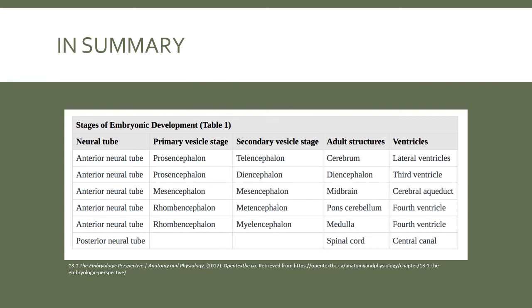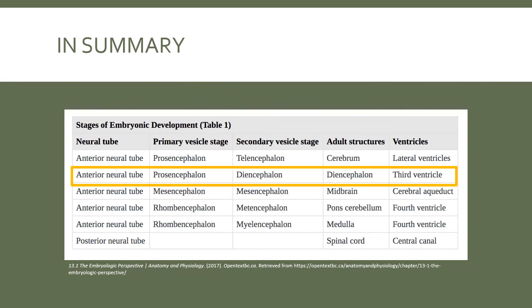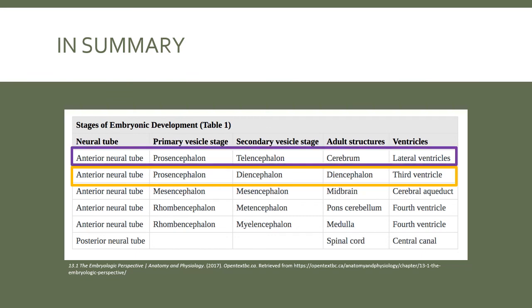So back to our summary table. From the prosencephalon, we get diencephalon, which then remains diencephalon. It's actually the only part of the brain that retains its embryonic name. And then also the third ventricle. And then also from the prosencephalon, we get the telencephalon, which forms the cerebrum and the lateral